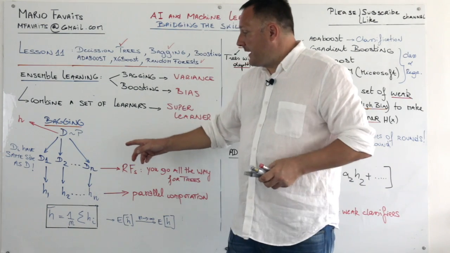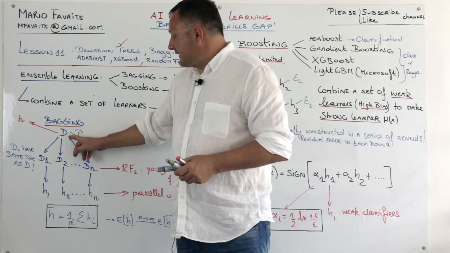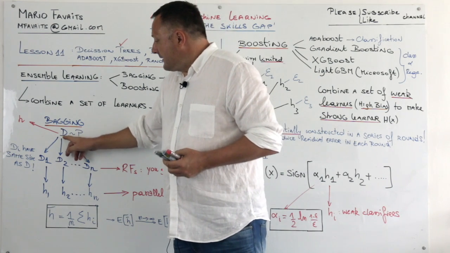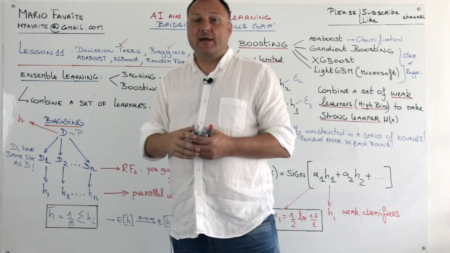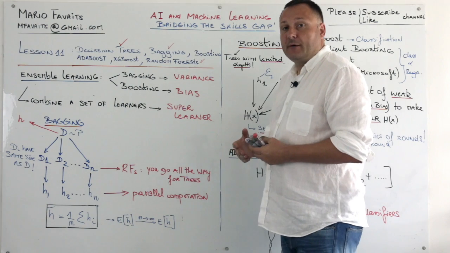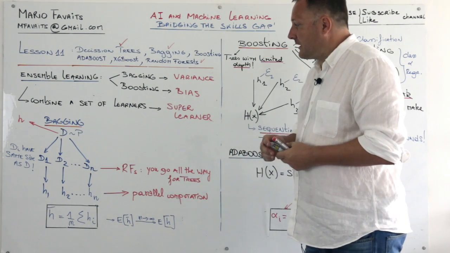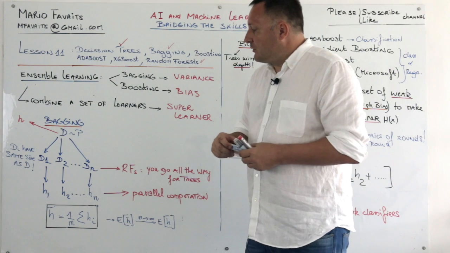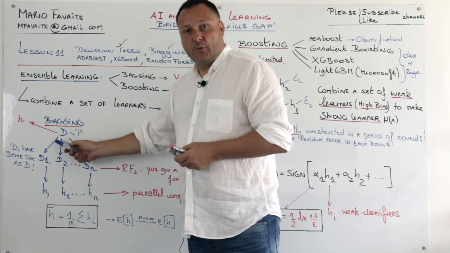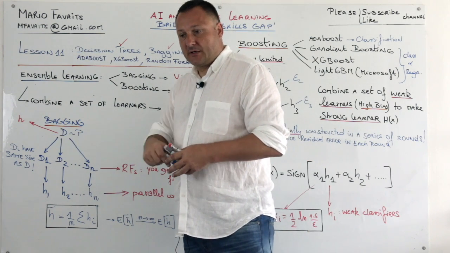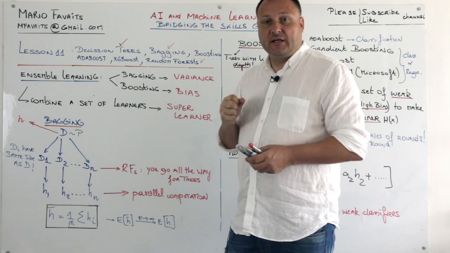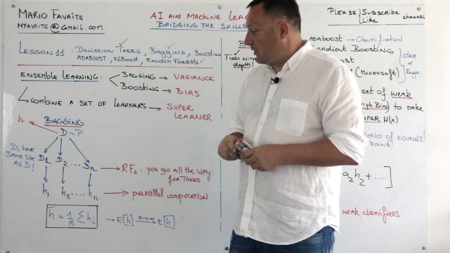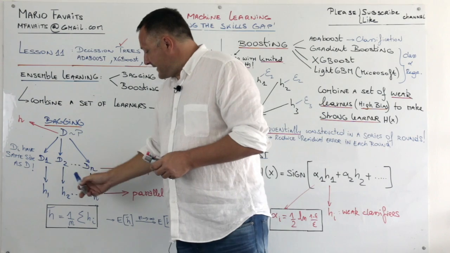What you're gonna do in bagging? Well, you have a data set D that is drawn from a distribution P that we don't know. This data set would give rise to a model that we call H. So H is your classifier derived from D. What we're gonna do is sample with replacement. So we take a point out of D and then put it back. Then take another point out of D and so on. And that creates n